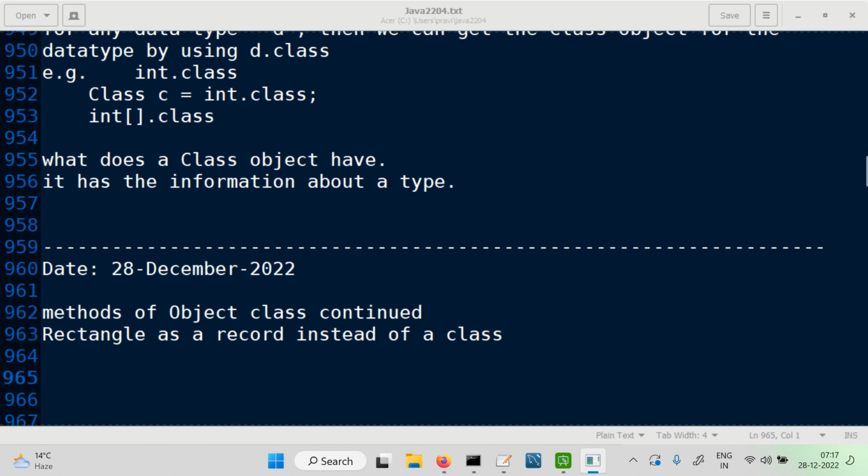Okay. So looking at the methods of the object class yesterday, we came across a method called getClass. Right? And getClass would return